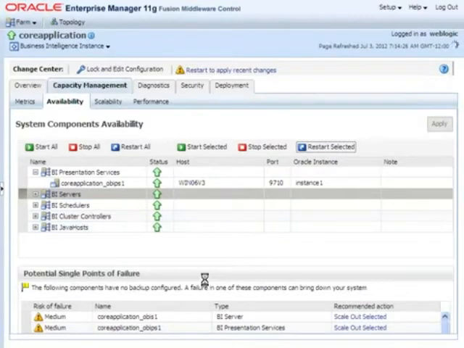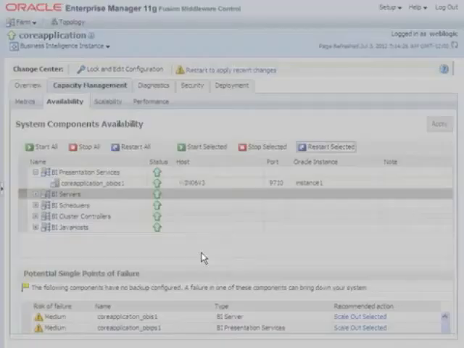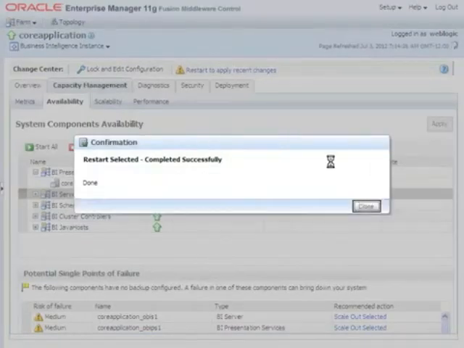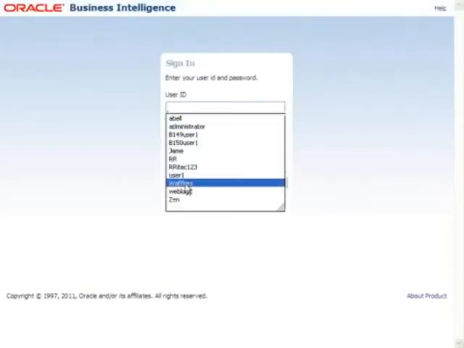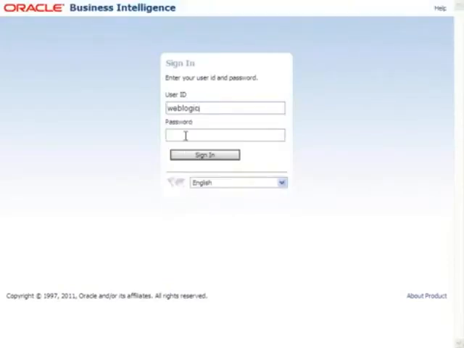Once it is started, then we can go for developing a report. Yes, now I am going to develop a report. I am logging into Analytics with username WebLogic and password RRITech123.